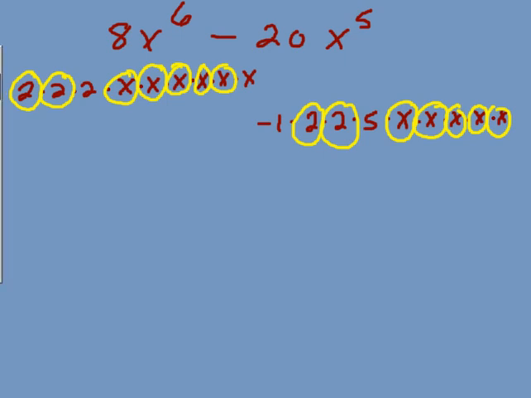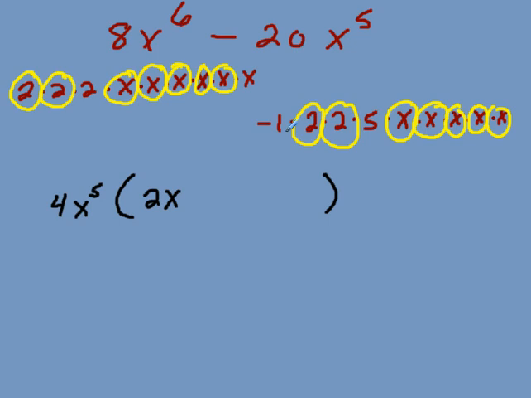Okay. So now, what is our common number? Common number would be 2 times 2 is 4. And how many x's? 1, 2, 3, 4, 5 x's. 4x to the fifth. Okay. Now let's make a parenthesis like this. And then let's go back and pull out what is not circled. You have 2x is not circled, so that would go here, representing what's left of the 8x to the sixth